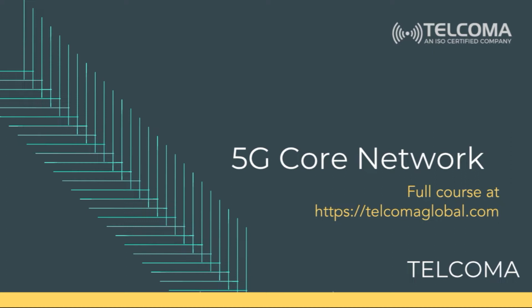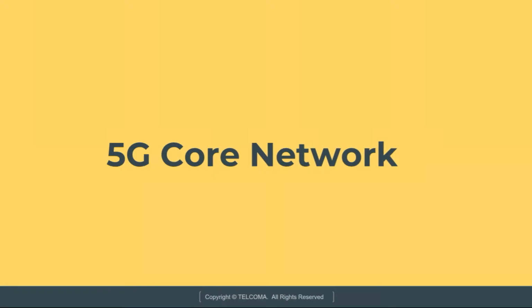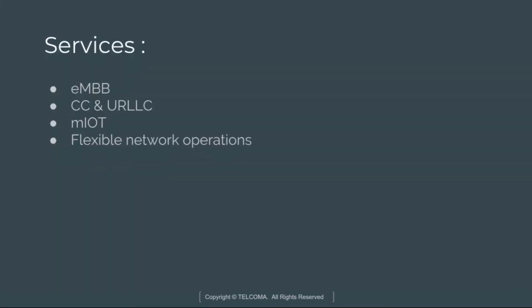So in this course we are going to discuss the 5G core network in detail. So let's start with the core network. Services offered by 5G include enhanced mobile broadband. The requirements are defined on high data rates. We require higher traffic and connection density, higher user mobility, and also requirements related to various deployments